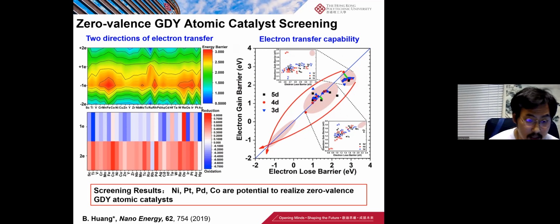This further facilitates our evaluation of the electron exchange and transfer capability. Meanwhile, the Redox model has supplied a way to accumulate rich parameters of different metals. The parameters obtained by the model can compatibly integrate with machine learning for screening. After detailed investigation, we have screened out that nickel, platinum, and cobalt are the most promising candidates for zero-valence GDY